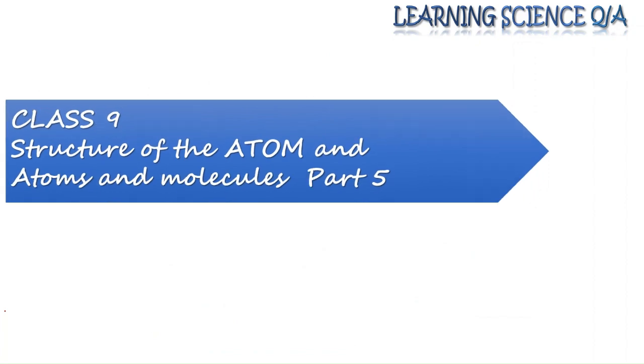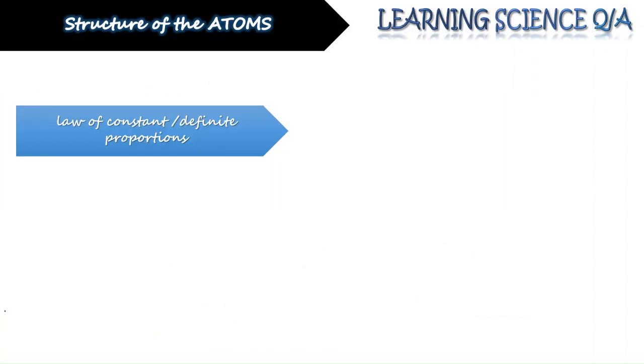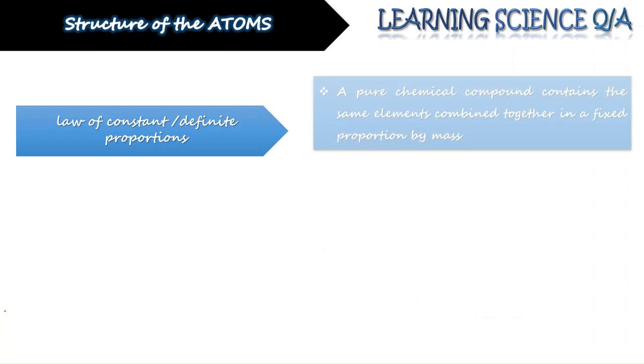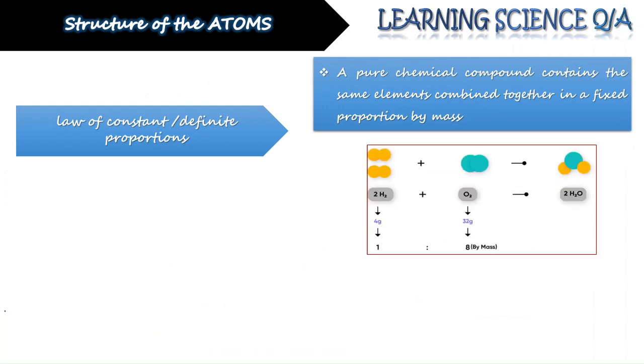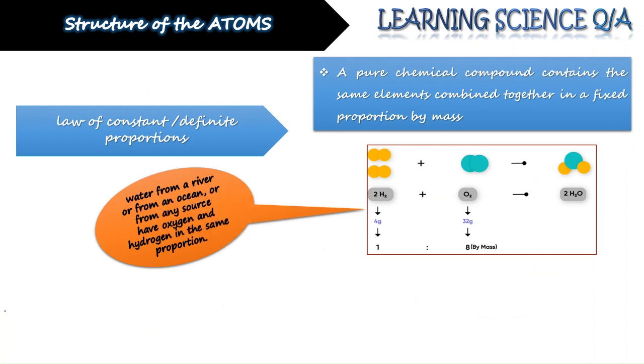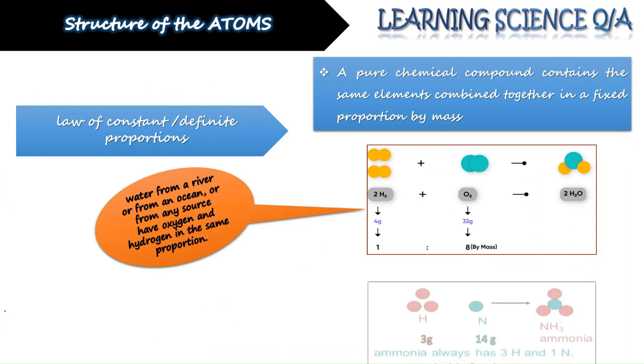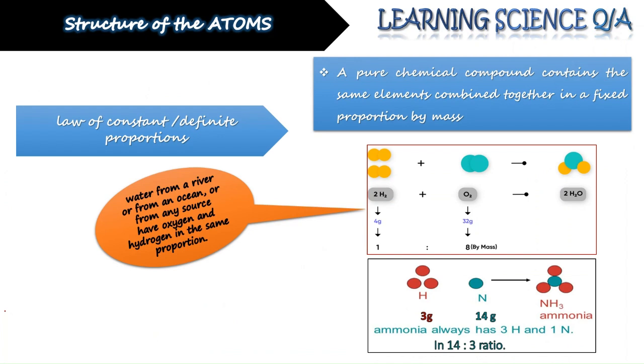So in the last lecture, we have already talked about the law of constant mass that says that mass can neither be created nor be destroyed in the course of a chemical reaction. We have already discussed the statement for the law of definite proportion, which says that a pure chemical compound contains the same elements combined together in a fixed proportion by mass, and this is irrespective of the source of